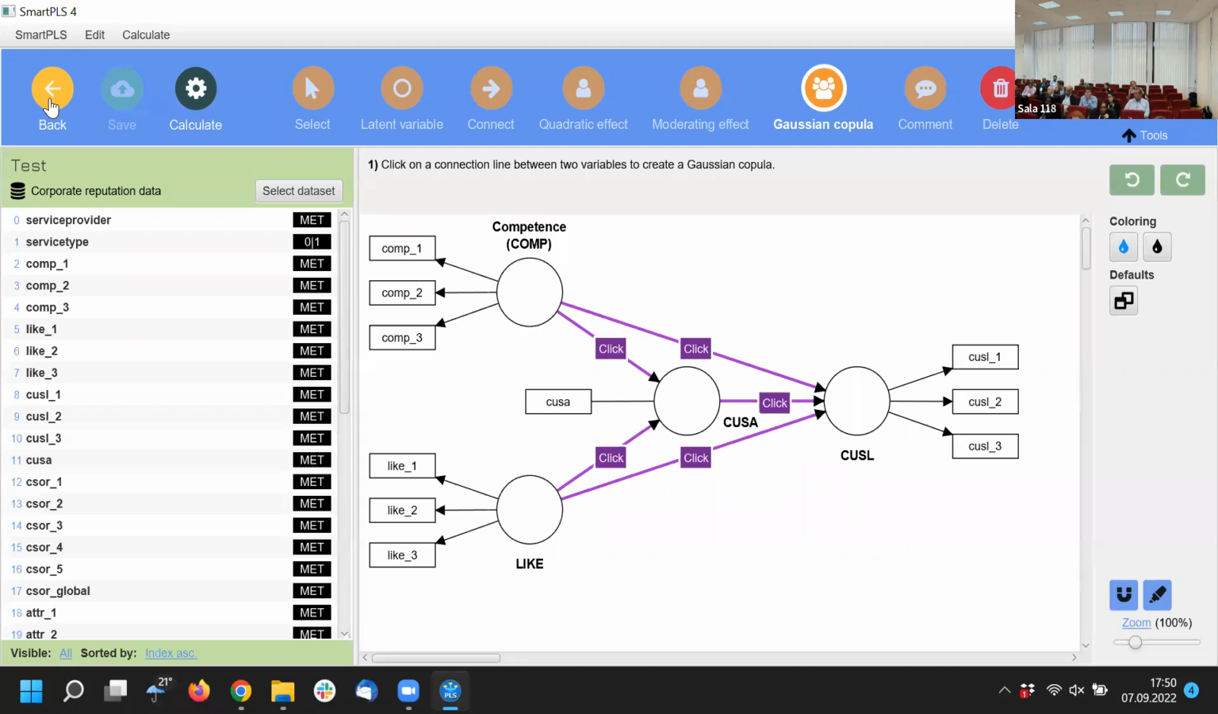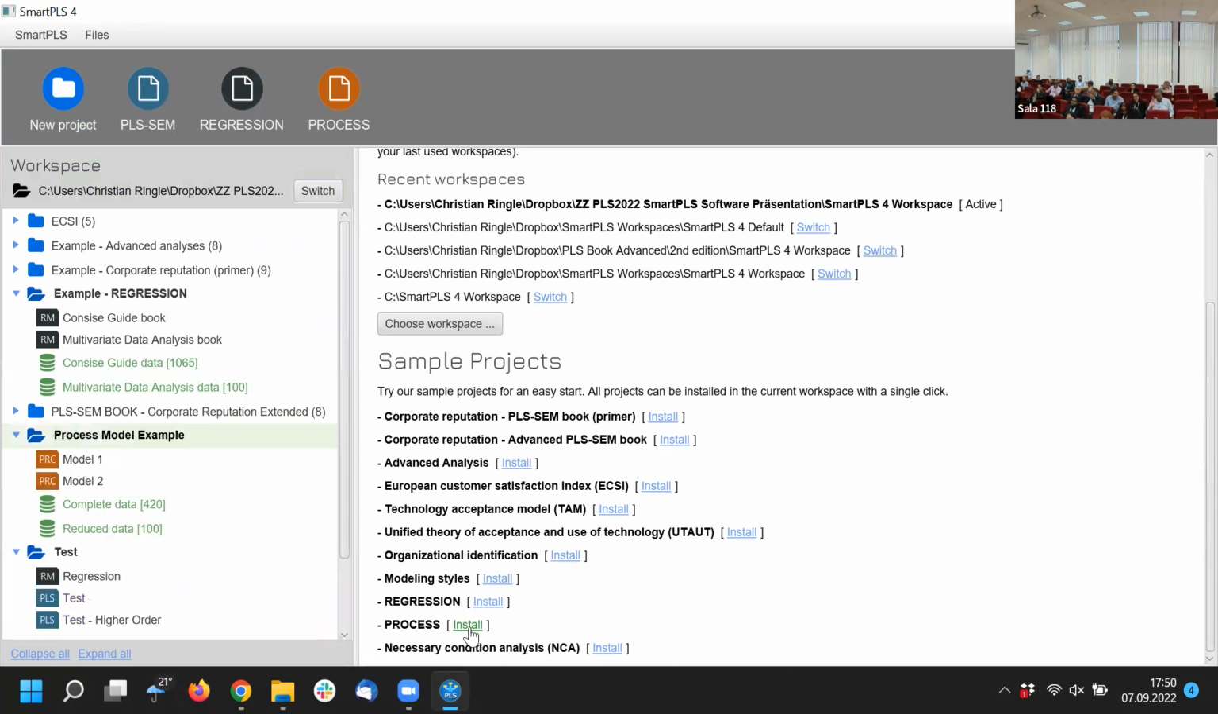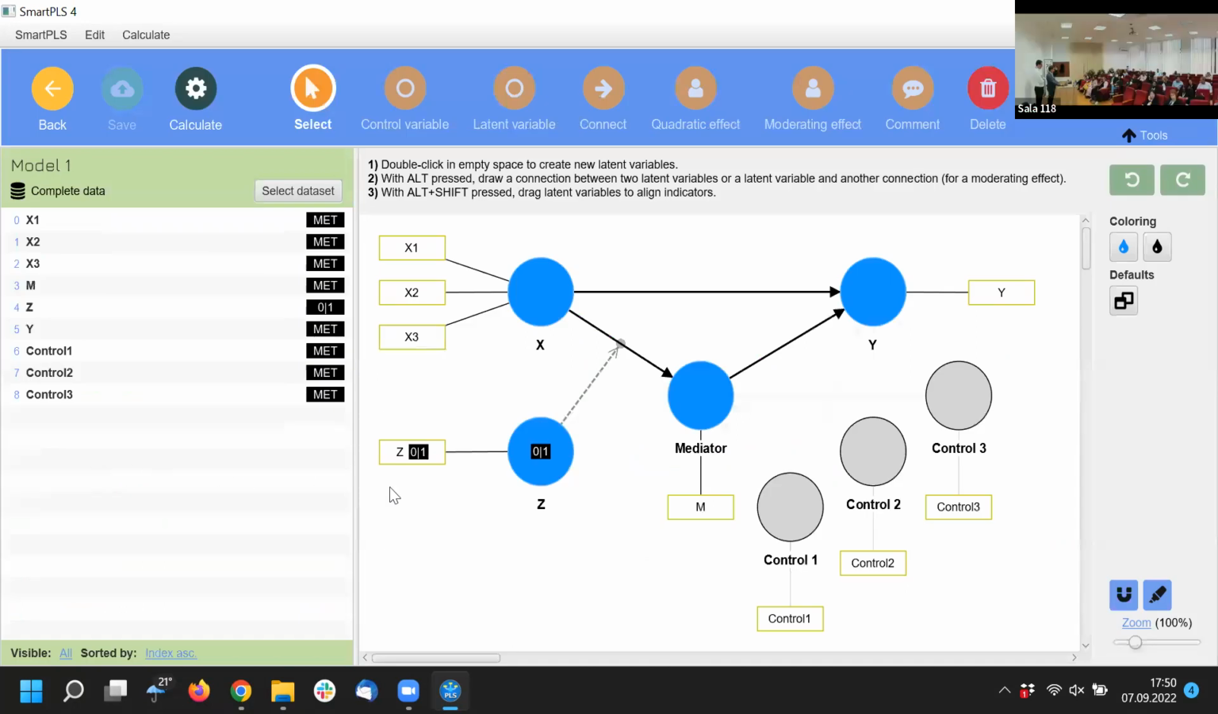Of course, the computations are changed, and in PROCESS we can run all types of path analysis with moderation, mediation, moderated mediation, and so on. So all of this is possible, and if you'd like to take a look at a sample model, just click on PROCESS, install, and here we have already 2 examples in place which you can directly run and test out for yourself. So that is a little wrap up on the additional methodologies, and you will discover much more, but just to get familiar